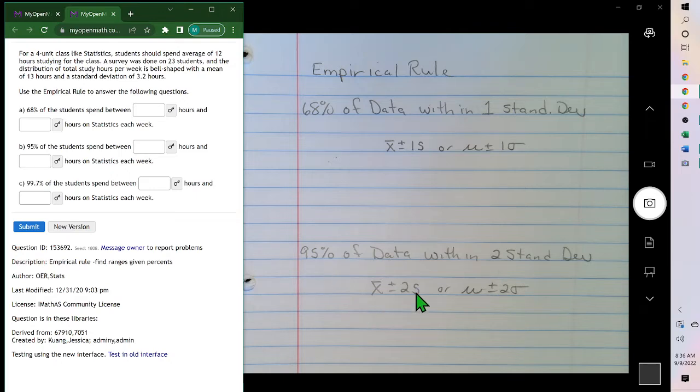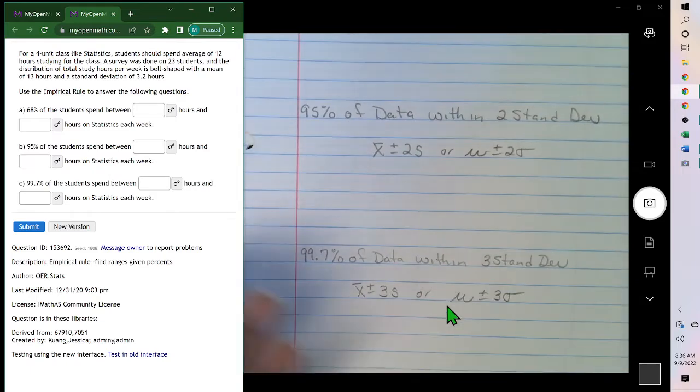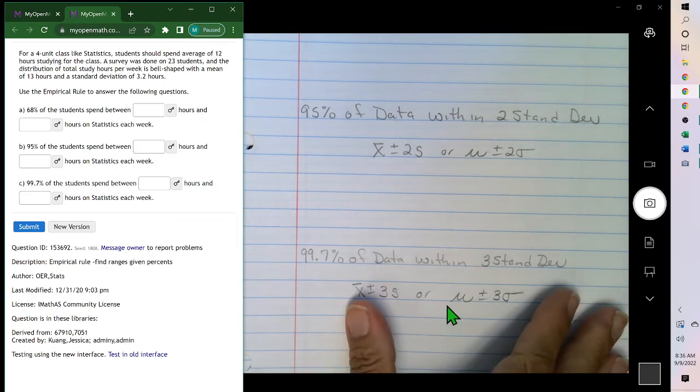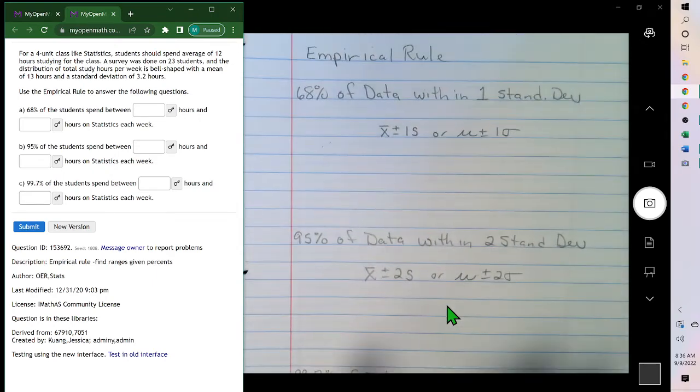95% of the data is within two standard deviations. So you take 2 times the standard deviation and add and subtract it from your mean. And then 99.7% is within 3 standard deviations. So for this problem,